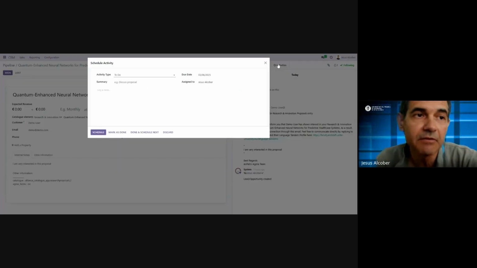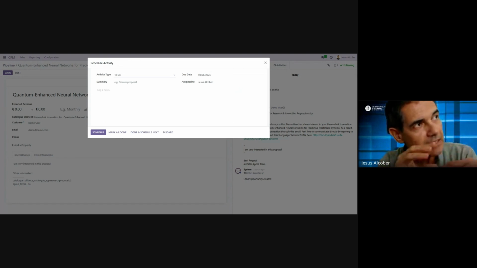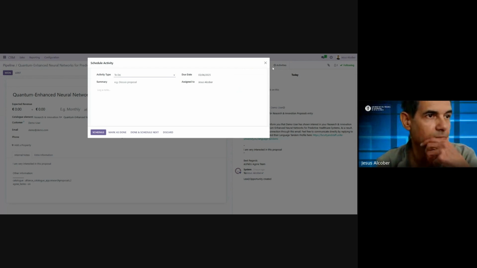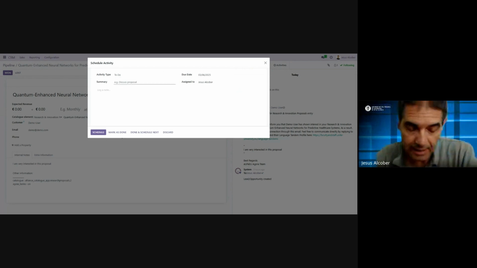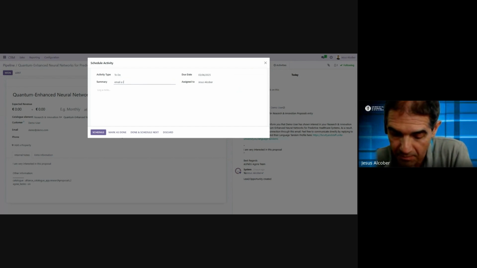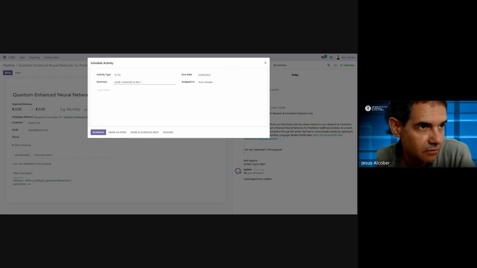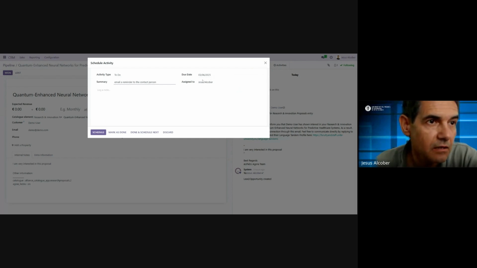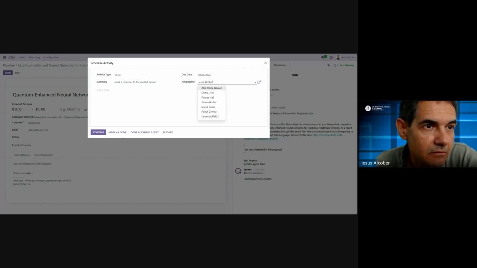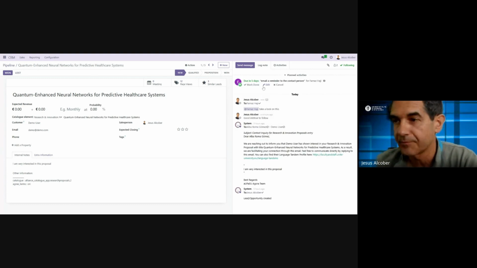And the activities are a way to help with the different tasks associated with this opportunity. For example, we can write a to-do, for example, an email, a reminder to the followers, to the contact point, to the contact person. Okay, there is a due date. I will, for example, assign this to, in this case, a format, for example. And if I click on schedule, a task will appear here. Okay, that means that we have this additional way of